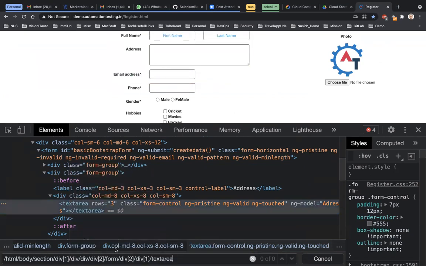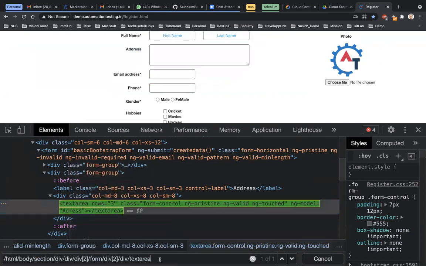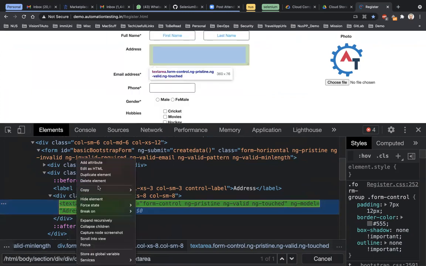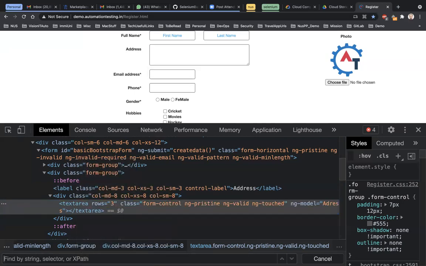So it will also copy the full XPath. This is what we have written, if you notice. So full XPath gives you the absolute XPath, or you just copy the XPath, it will give you the relative XPath. So the relative XPath it has given is this.